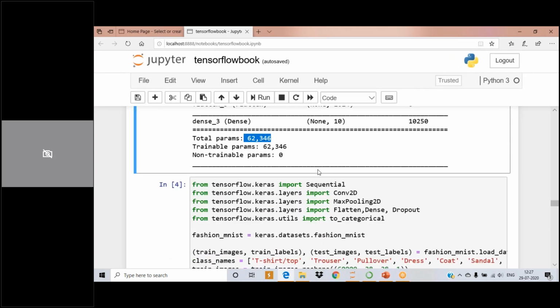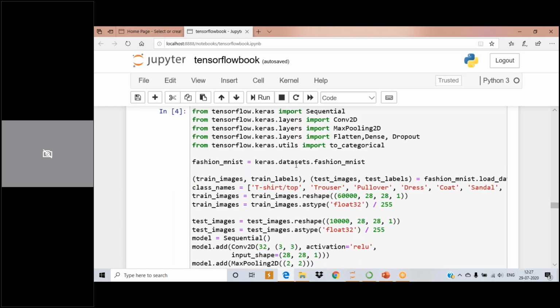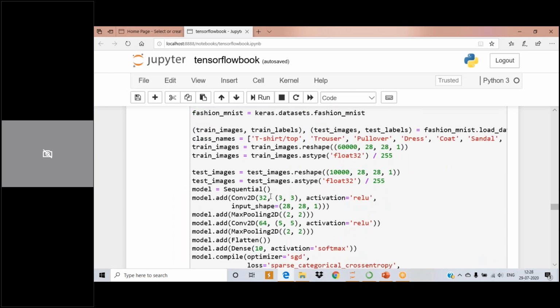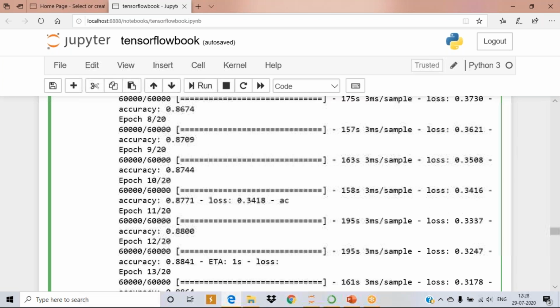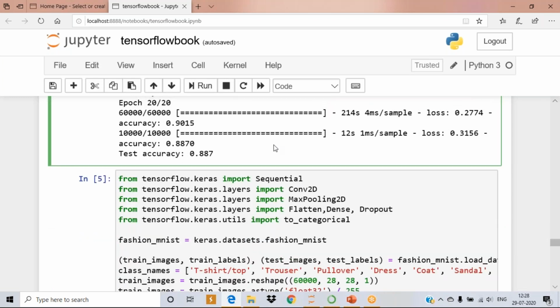So now, again, I want to increase my accuracy. How do I adjust my network, right? See here. What is the main difference? Now I'm changing the filter size for the first hidden layer. The 32 filters I'm applying with 3x3 filters. Now see the accuracy, it increases a little bit. See, 88%. So I'm adjusting the filter. In the previous example, you're getting 87%. Now I'm getting 88%.